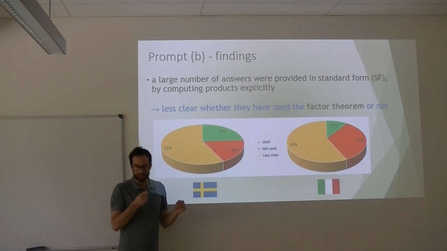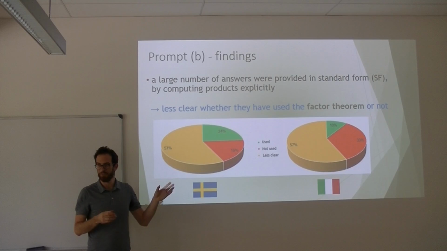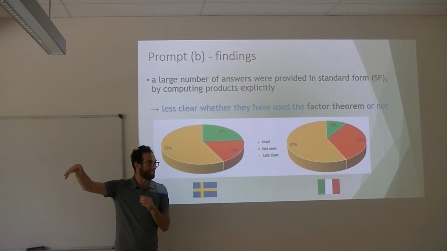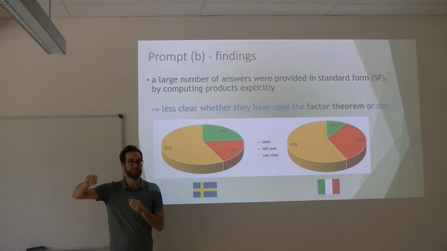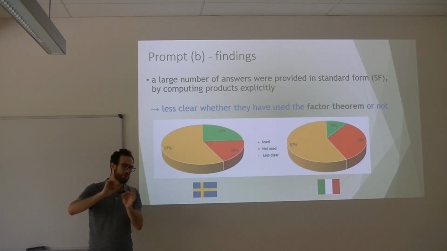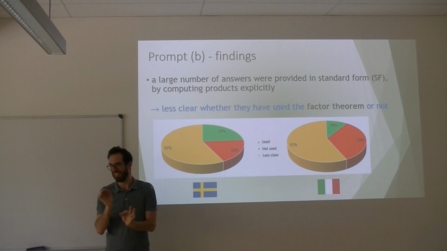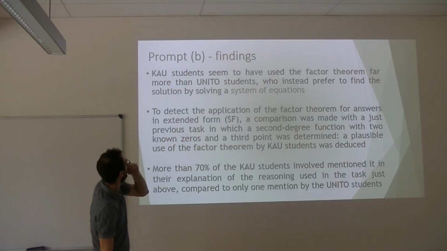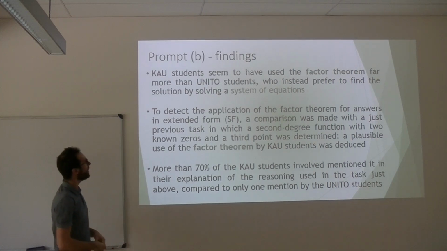And for this, we were not using just this task, we are also using other tasks responded by students. So, for example, in some other part of the assessment, they wrote about the factor theorem, we can say, okay, we are pretty sure that they may have used it also in this task here. Okay, and this is